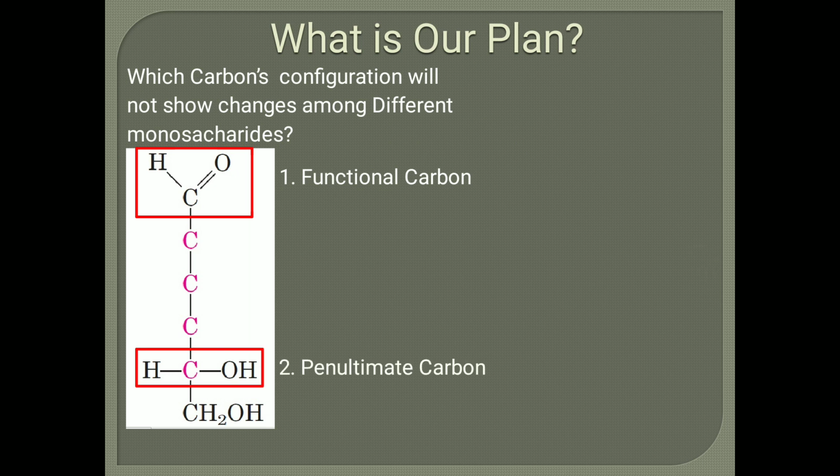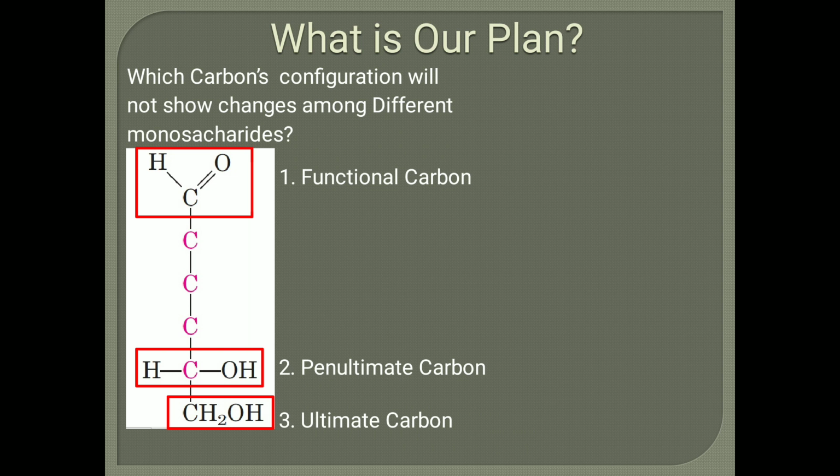The second one is the penultimate carbon, which is actually meant for the D and L isomers, because we know that there is D-glucose and L-glucose based on the distribution of OH at the penultimate carbon. If OH is on the right side, it will be D, and if OH is on the left side, it will be L. We will discuss it later in a different video about D and L isomers. And the last carbon, the ultimate carbon. These 3 carbons we will not be considering to remember the structures of different monosaccharides because they are common for all monosaccharides and there is no difference in them.